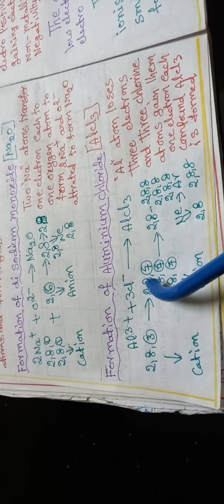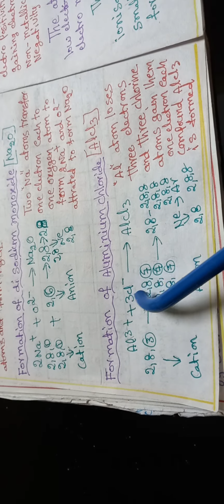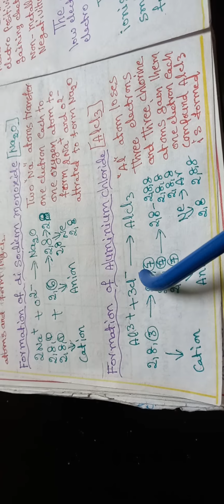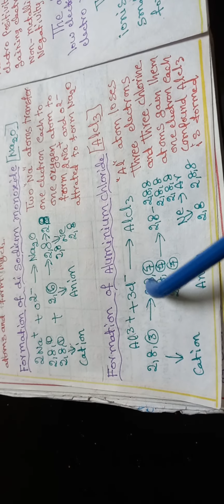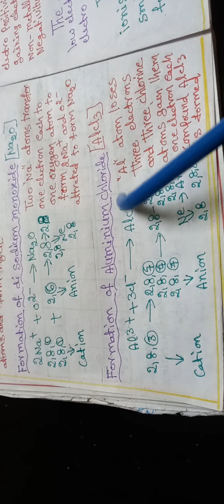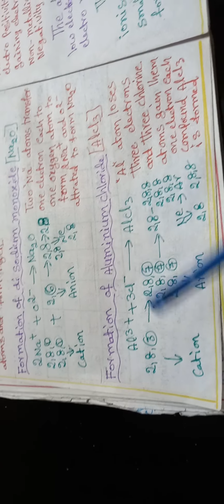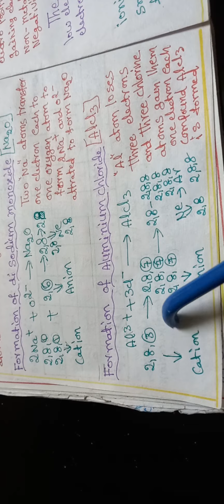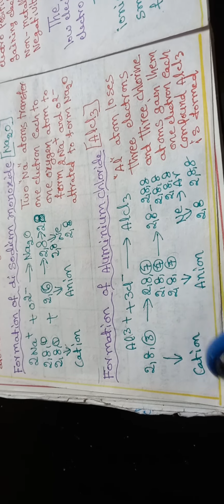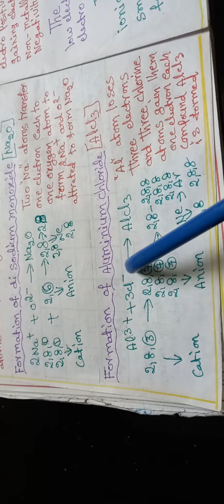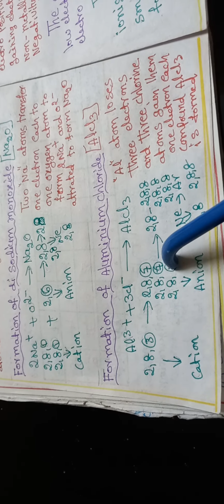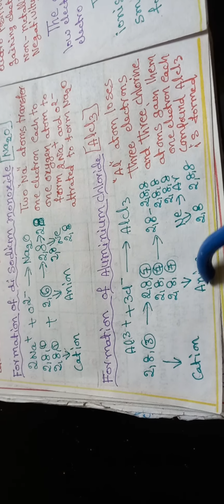This is the electron configuration of 3 chlorine atoms. When aluminum and chlorine are involved in a reaction, forming the compound aluminum chloride. Aluminum loses 3 electrons, so it is called a cation, and 3 chlorine atoms getting the 1 electron each are called